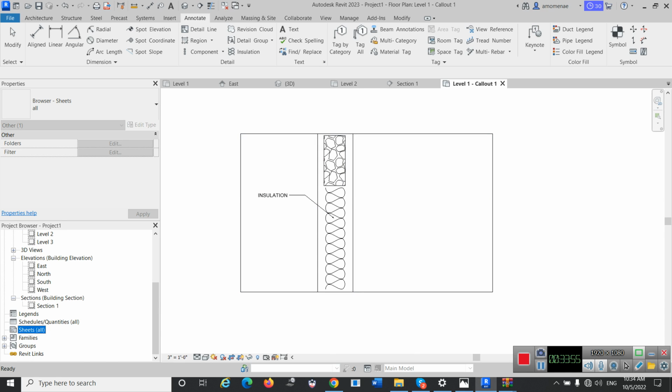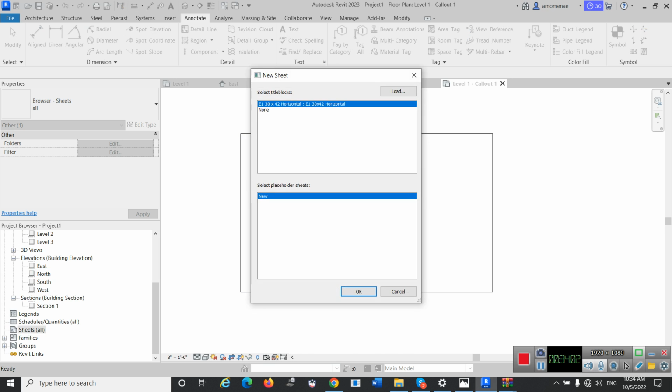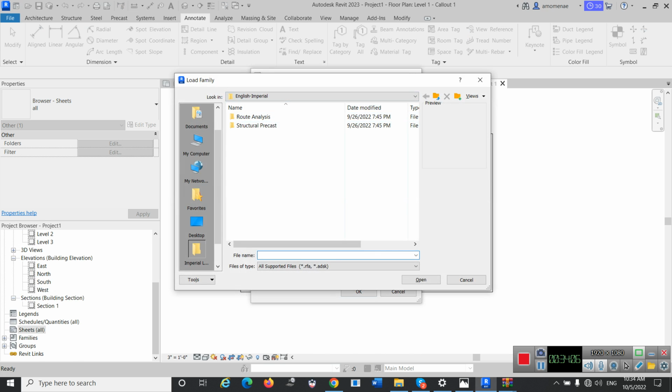When you go to sheet here under properties, you can right click on it and press new sheet. If you press new sheet, you're going to go to load a new sheet, and again in that resource folder that I told you about, I'm going to go to it right now. We have